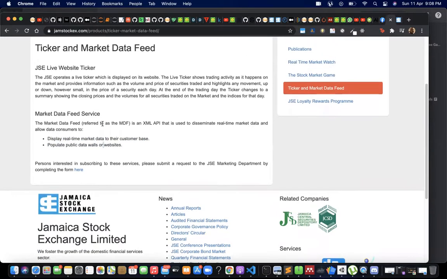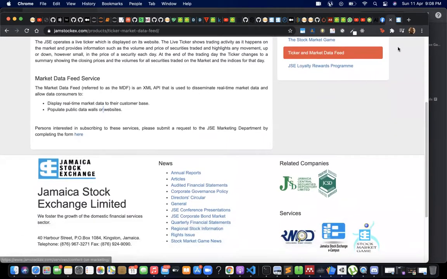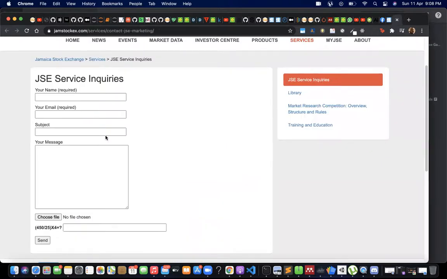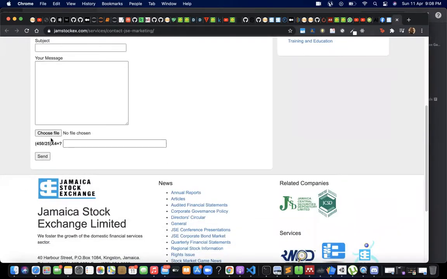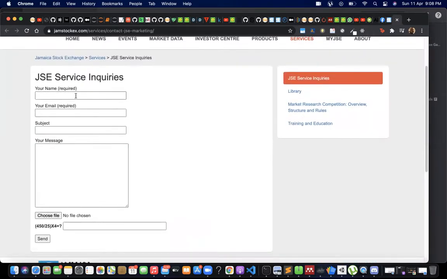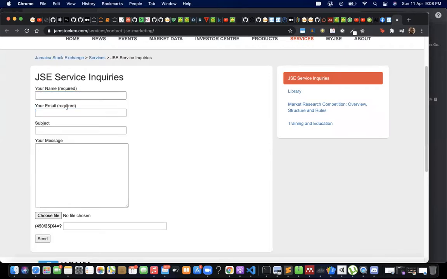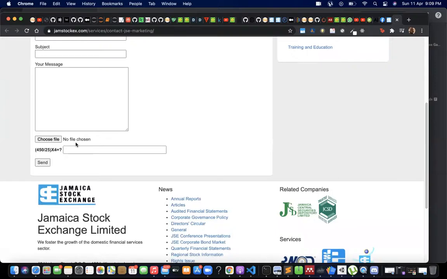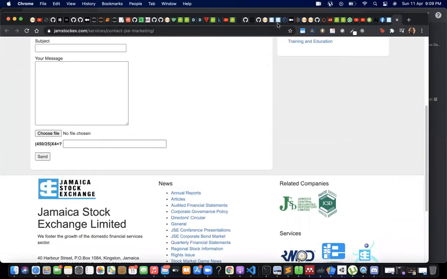So I'm guessing there is some sort of API, but I'm guessing you have to fill out some form. And of course, that might take forever for them to respond. But to be honest, I haven't actually tried this method. So I'll actually send an email and see how quickly they respond. From what I hear, you might have to pay for it. I'm not entirely sure, but I guess I'll see for myself if that's the case. But nevertheless,